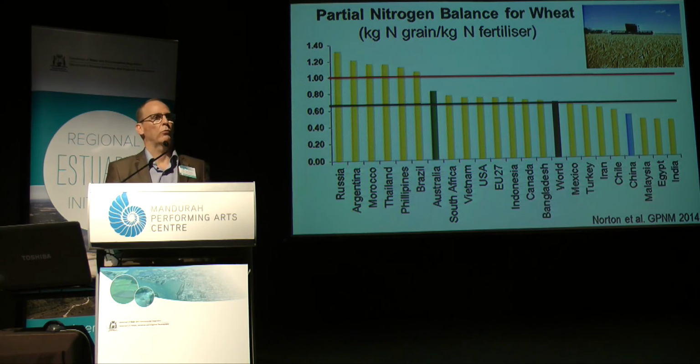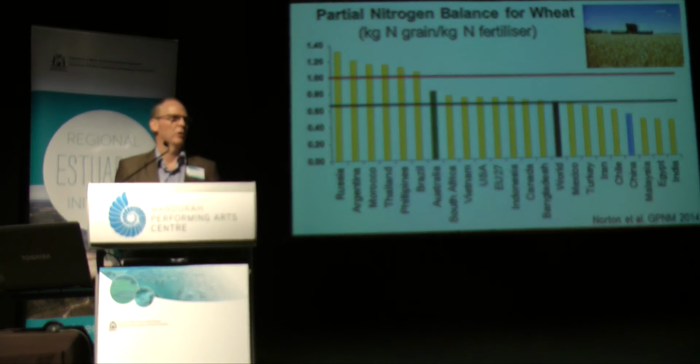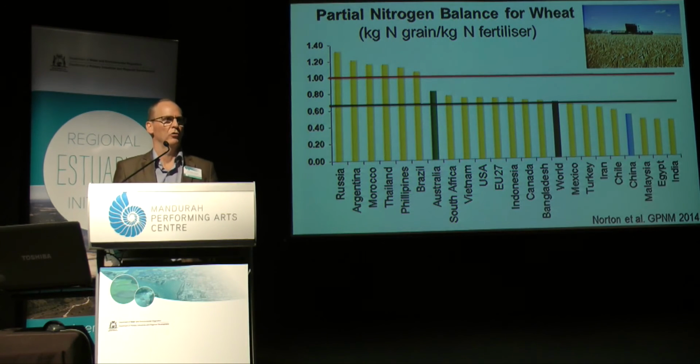And although it doesn't look like we're actually on the top of the pack, you'll notice that the remaining 6 to the left-hand side are in fact all above the red line. So what that means is that they're actually removing more nitrogen than they're actually bringing on. So they're mining nitrogen from their system, and that's not a sustainable position. You don't want to be removing more than you're actually bringing back in, because by degrading nitrogen, you're also degrading soil carbon, and so the likelihood will be that you'll be degrading their soils.